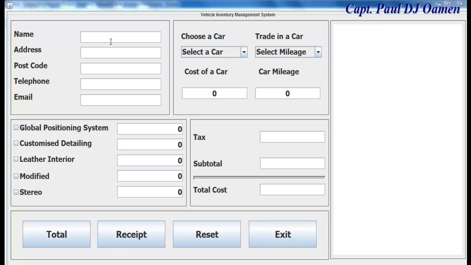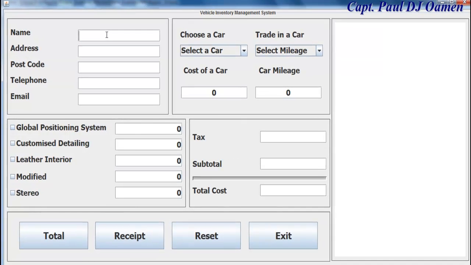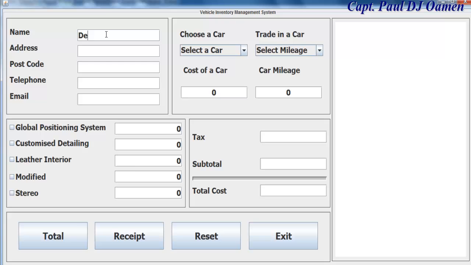So let me show you guys how this system works. We enter the name of our customer there. Let's say it's Dean J. Jonathan or Johnny. Right. Now address of Dean J. Johnny is, let's say, 45 London Road. Telephone number of Mr. Dean, there we go, and email of Dean J